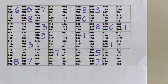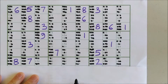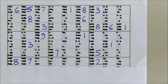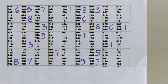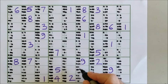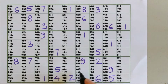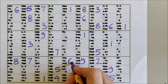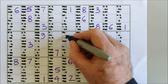Moving down to this row, I have a pair in the right hand side, a 3 and a 4 and a 3 and a 4, which means I can't have any more 3s or 4s within that row. And that leaves me with another solution, which is the 9 here. So I need to eliminate the 9s in the row and the columns. And we have another solution that's appeared, which is the 6 in this cell here. So once again, coming down, eliminating all the 6s,